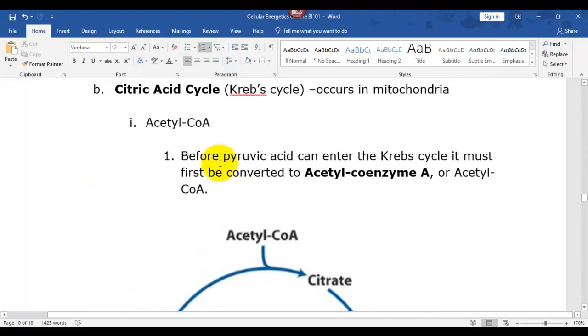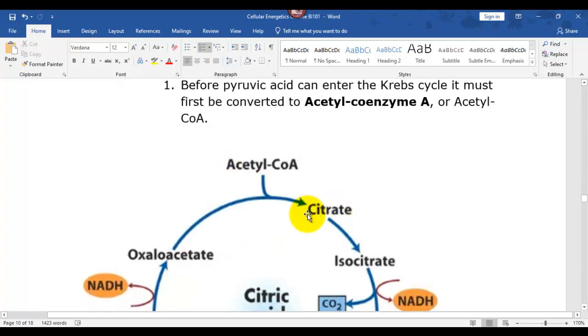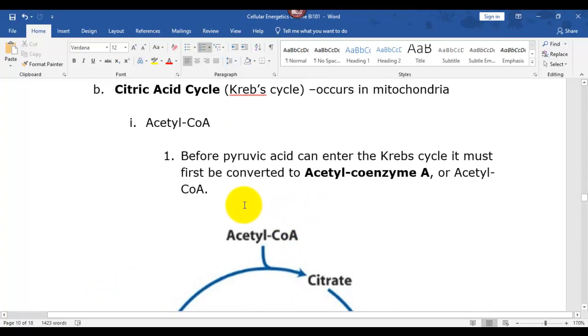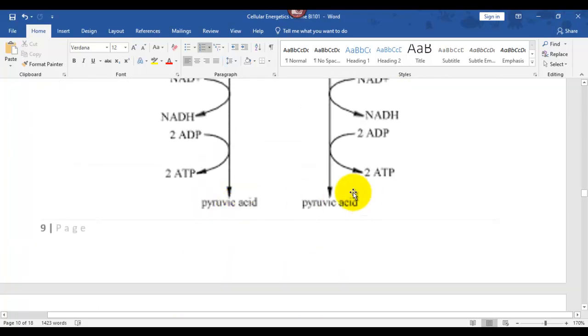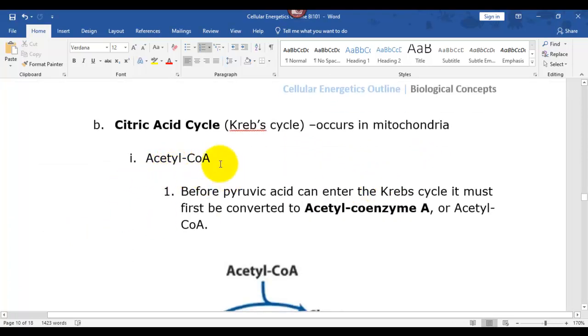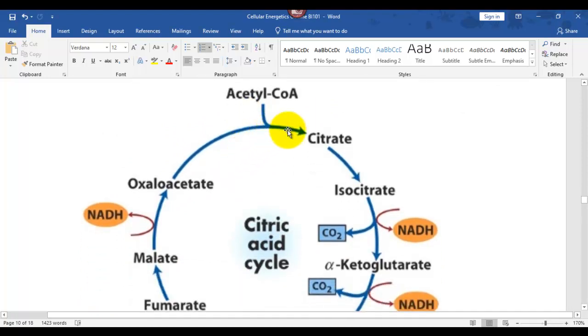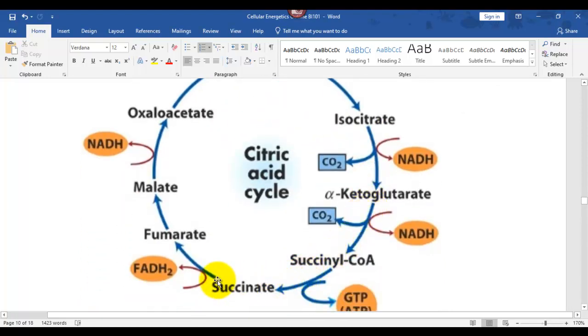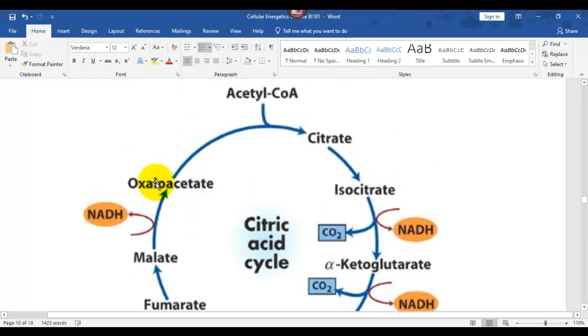What happens is the pyruvic acid from the last reaction has to be converted into something called acetyl-CoA, or acetyl-coenzyme A, to enter the Krebs cycle. So it gets cleaved up before it enters. So pyruvic acid here, and it says it right here, this occurs in mitochondria, gets converted into this, acetyl-CoA. Acetyl-CoA is then broken down just like this. And some of these are enzymes. You end up with this,